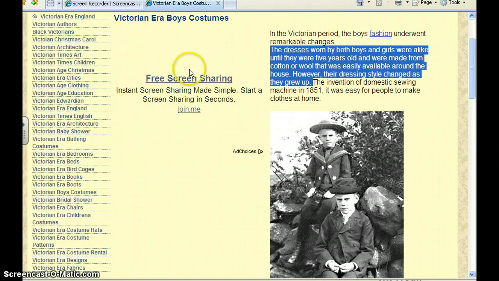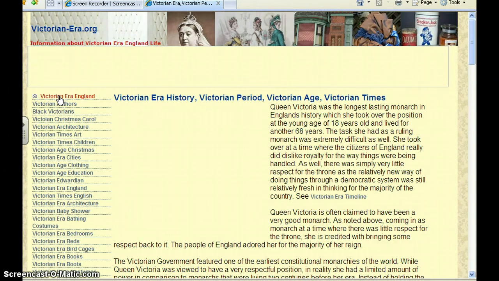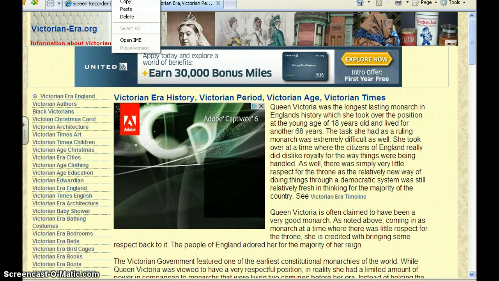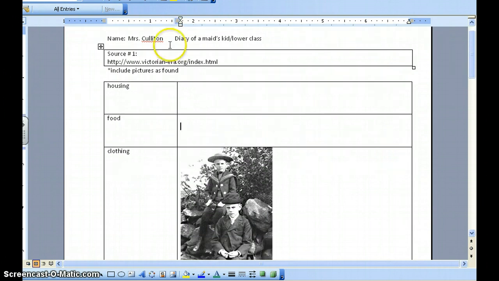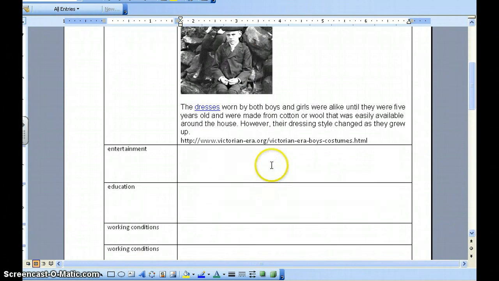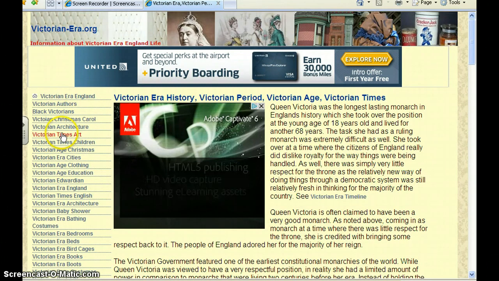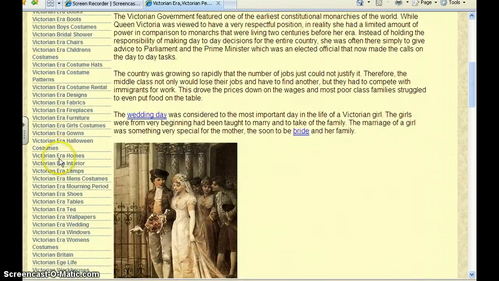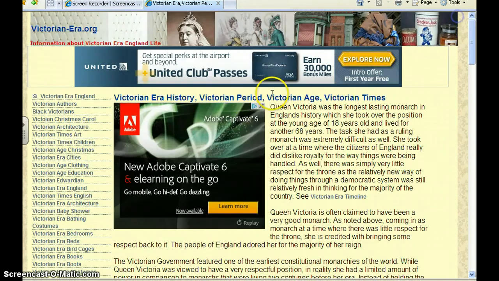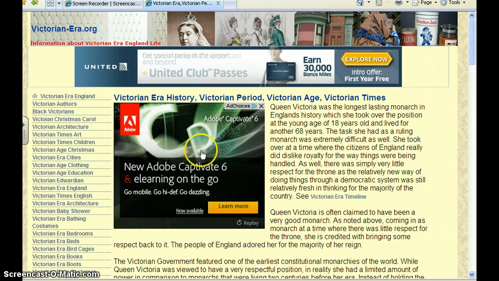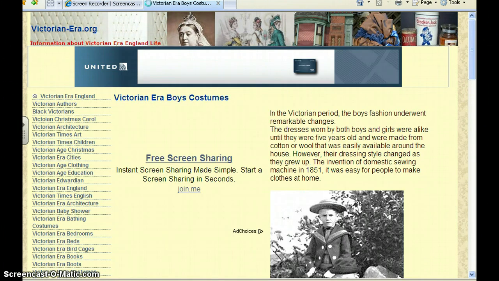I did need to do one thing though. I wanted to go back to the home page here and copy the main home page up here in my source box. Okay, and so I would again save that and make sure that I have as many boxes and information filled in. As you can see, there's all these links on the side for this website, and then more along the bottom. So I would say that using this website, they should be able to pretty much fill out that entire chart. When they're done, they can go back to some of the other websites that were listed